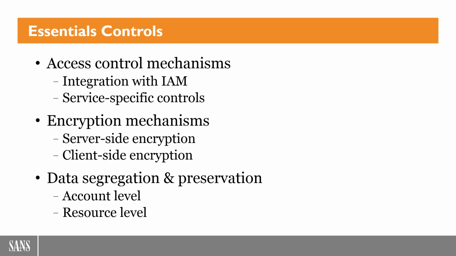Like on-prem systems, you have a number of controls that need to surround your data protection policy. It's not just about encryption and key management, of course. There's a whole heck of a lot of other things that go into this, just like there are on-prem. So your access control mechanisms are critical, and possibly I might say more critical than your crypto, even though maybe less sexy. And then the way you segregate your data, including in the cloud on an account level, as well as on a resource level, such as an RDS instance. These tactics and mechanisms are extremely important.